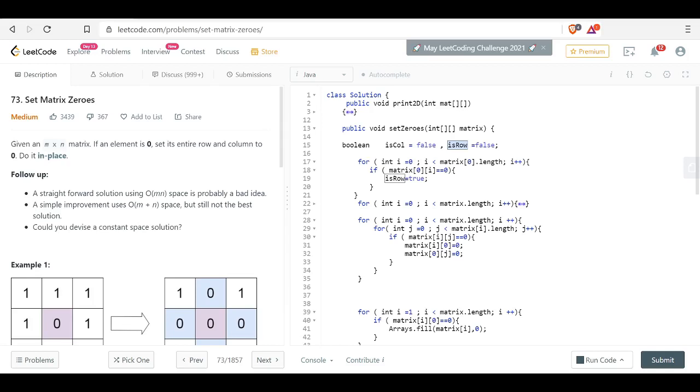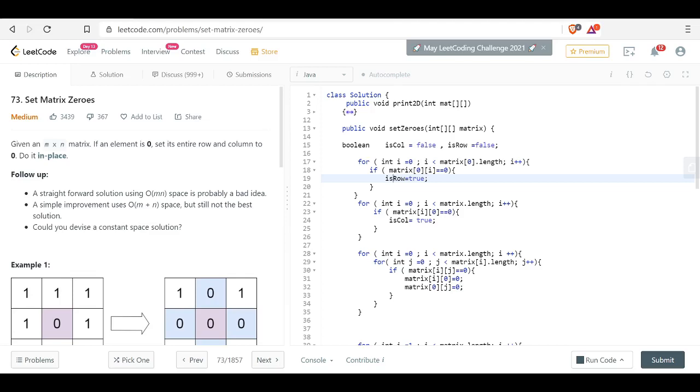I'm doing it for the first row and the first column because if I initially use them as 0, then I will get an entire matrix as 0. There is a chance of that. So if a 0 exists in the first row, I will set is row to 2, and if the 0 exists in the first column, then I will set is column to 2.